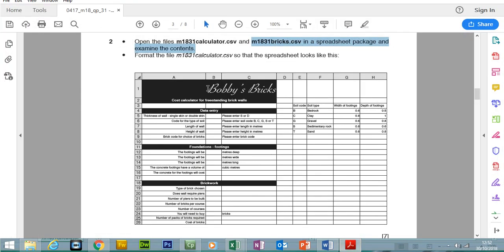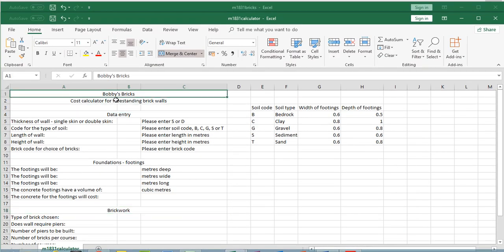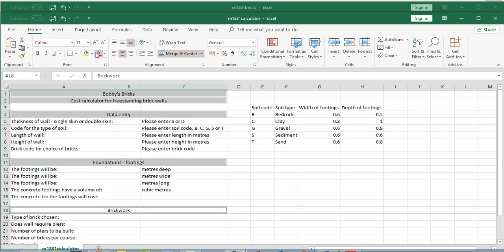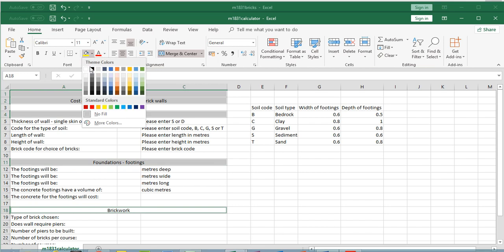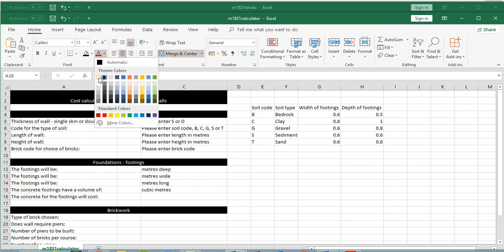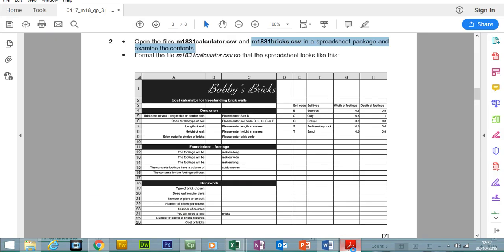And you will notice the background color has been changed to black. So let's change the color to black, and the text is now white. If I press Control down on the keyboard, I can select multiple cells at the same time. So let's change the background color to black. Obviously the text has now gone missing. However, if we change the color, the text will become visible again. Okay, as you can see here,